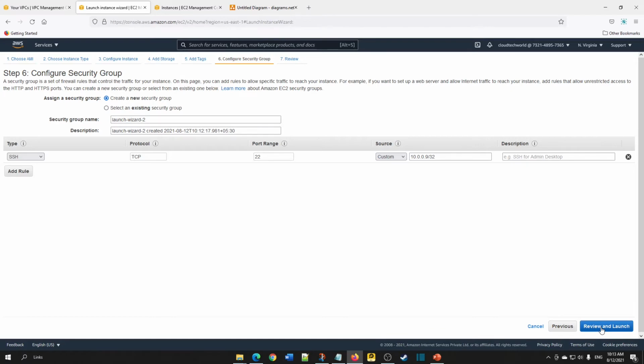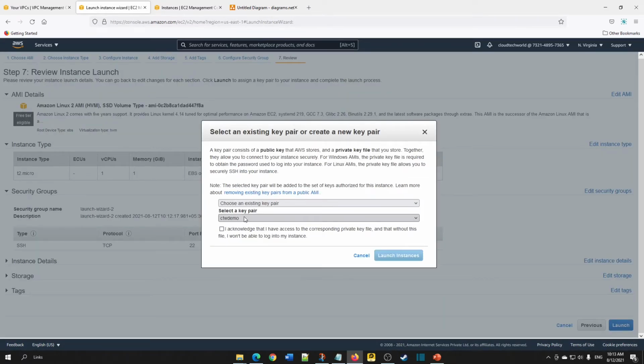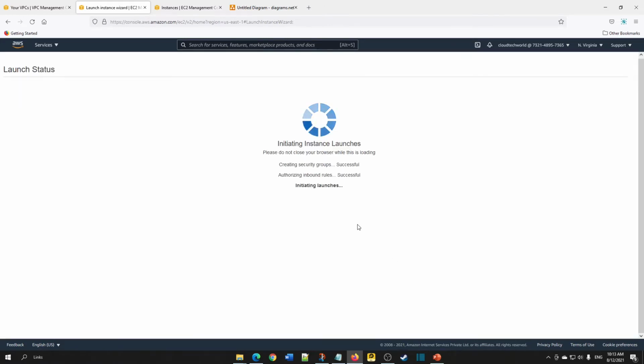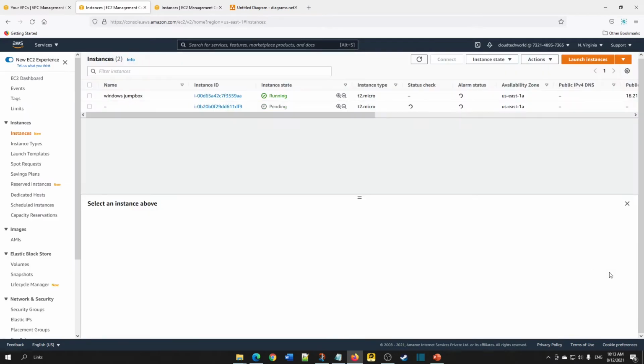Now click review and launch. Here click launch. You can create a new key pair, or you can use the same key pair. Now wait for the status to change.